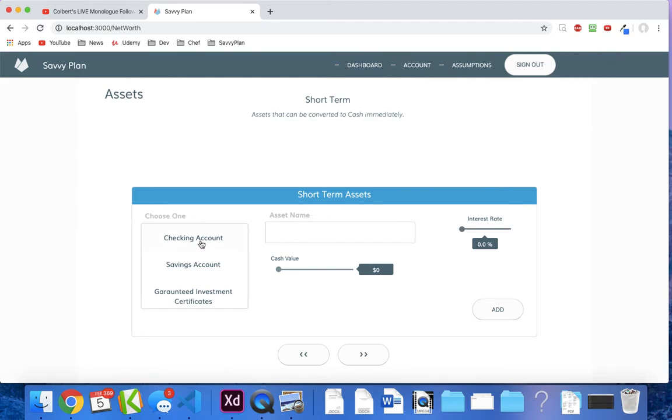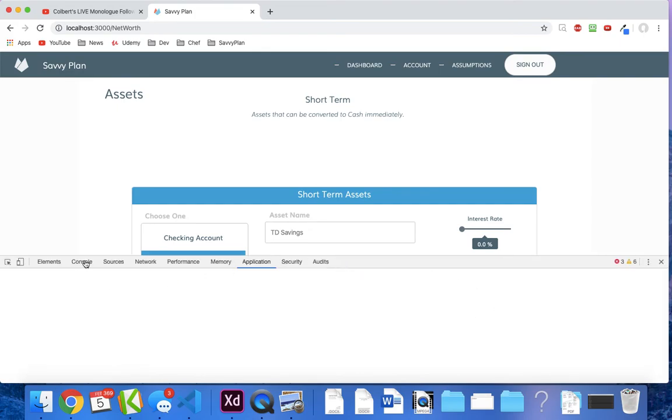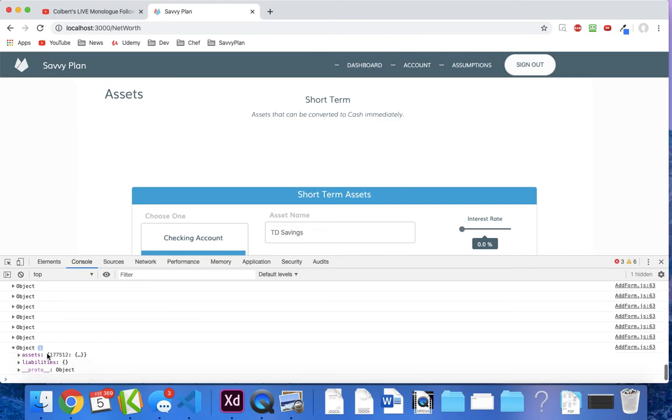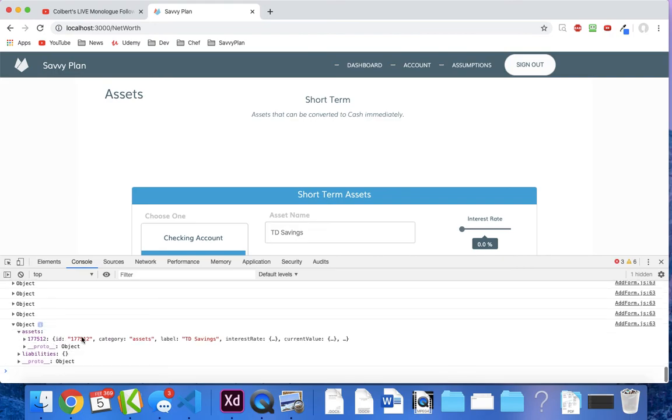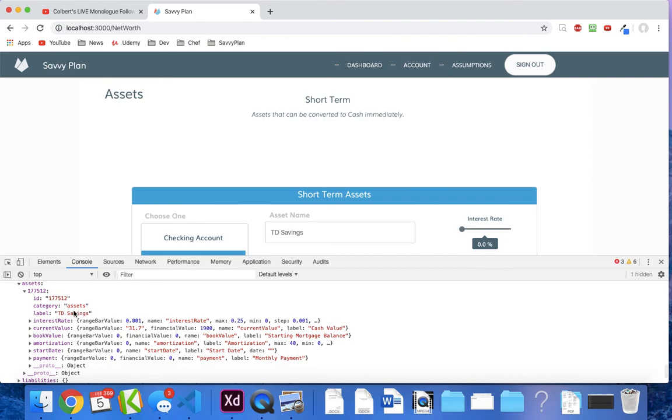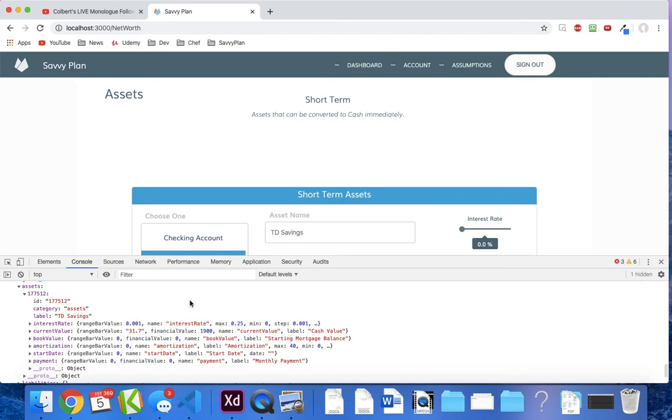Great. Okay, so now if we go, we'll go savings account, and we'll say TD savings, cash value, certain something there, interest rate, tiny, add, go into our reducer, check it out, any changes. So we've got a new asset, the ID, then we've got the category is assets, label, TD savings, boom, we're in business. All right, so here we are for this first one. I'll then start walking through how we're going to connect all the other ones. Great. Okay,